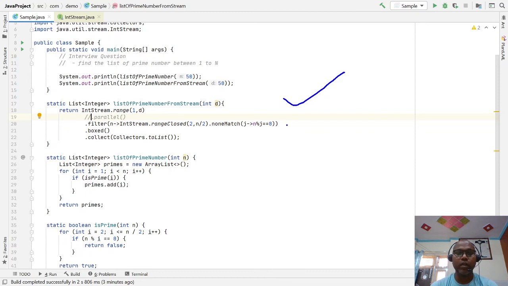Instead, we just take the help of the stream API, and we just say from 1 to the number we have to range, and for each number we have to check whether the number is divisible by any number between 2 and half the number or not. If not, just box them and return the list of those. Hope this will help you.